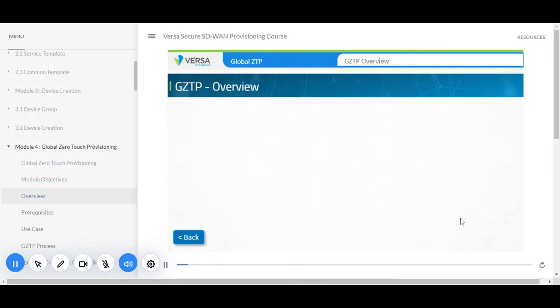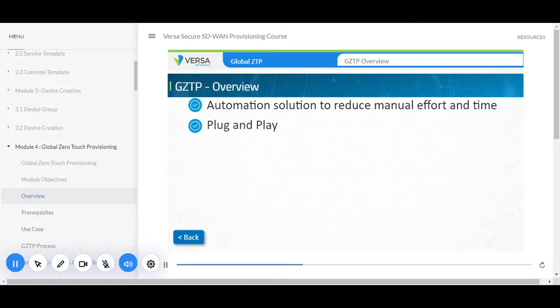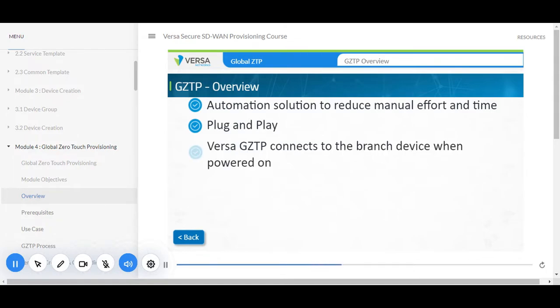Global ZTP Overview. Global Zero Touch Provisioning is an automation solution that's designed to reduce manual errors and save time when IT needs to bring new infrastructure online. It reduces the need for IT intervention in the implementation with a quicker turnaround time. It further simplifies the end-user plug-and-play experience, where the user just needs to power on the appliance and connect it to the internet. Versa Global ZTP lets you connect the branch device to the network when the device is powered